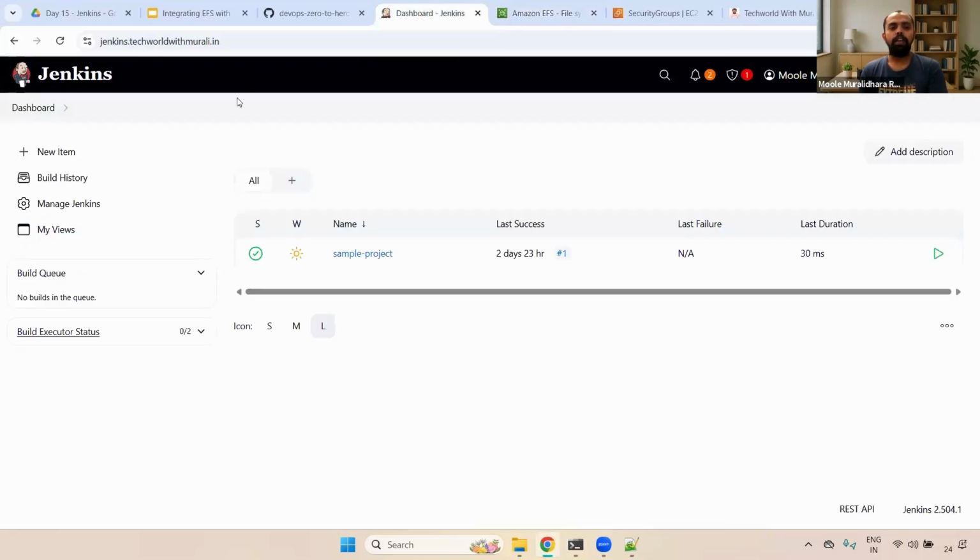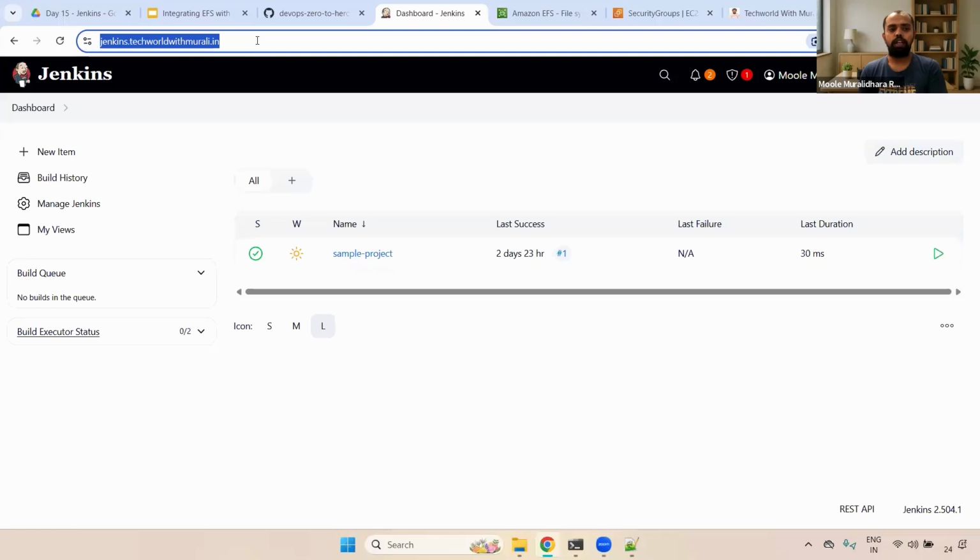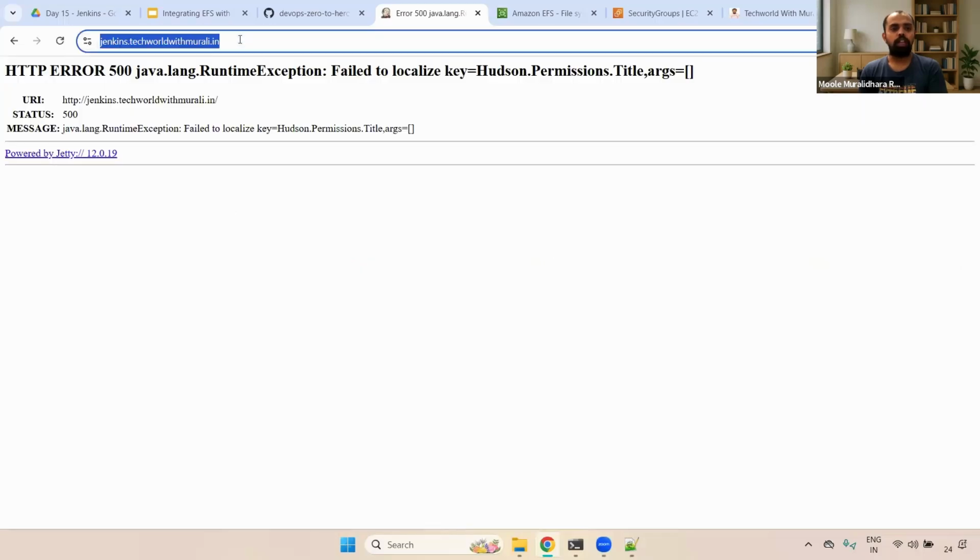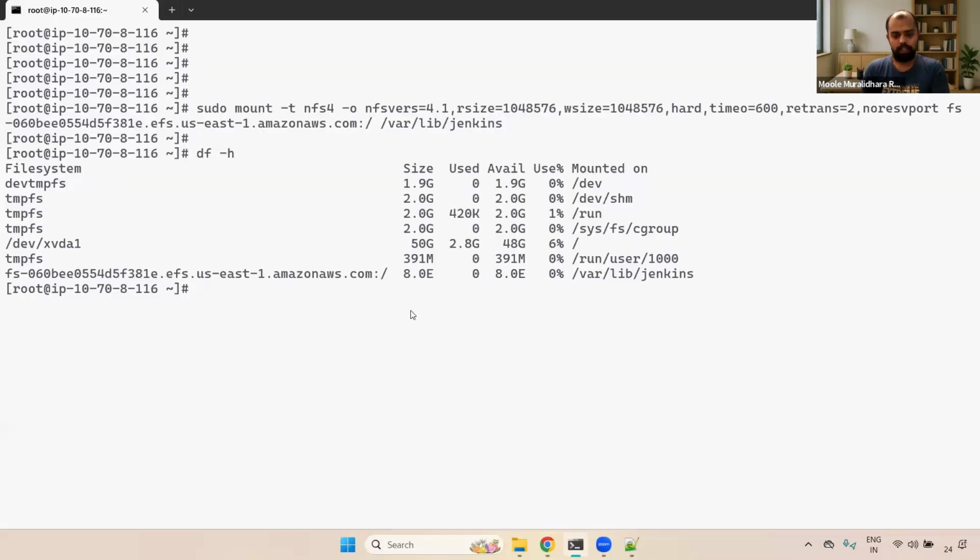Now earlier we logged into the Jenkins, right? Now if you go and refresh this page, it is throwing the error, permission denied issue. Okay, fine. Now you can go here, go to that /var/lib/jenkins,